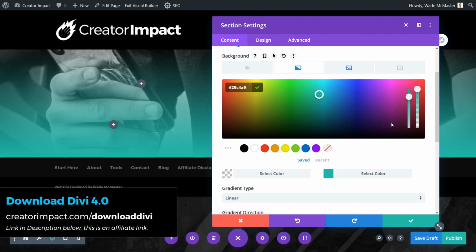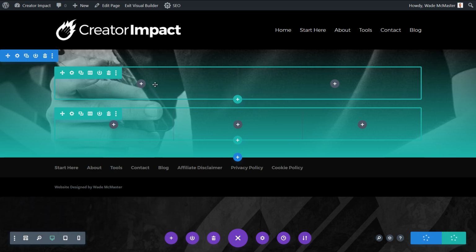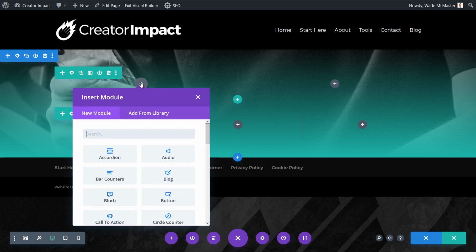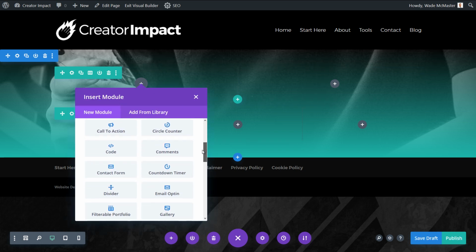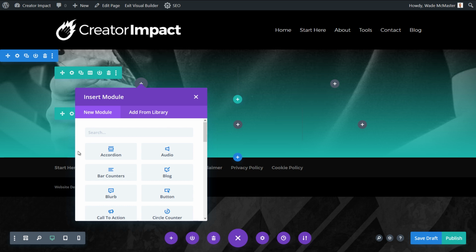I actually didn't choose the black, but we can set up cool little backgrounds in these areas here, and we can add modules into our columns. So I'm literally just going to start from the top and work our way down. If I click here on the little gray button, I get my list of modules. Like I said, some of these I'll touch on very briefly. Now, to give you an idea, we're going to go through this one a little bit,